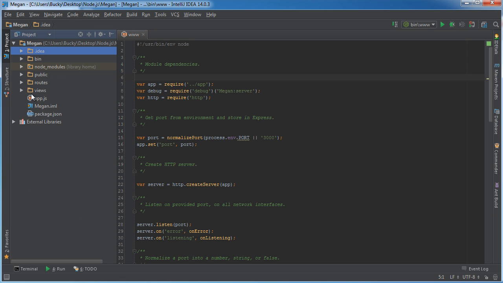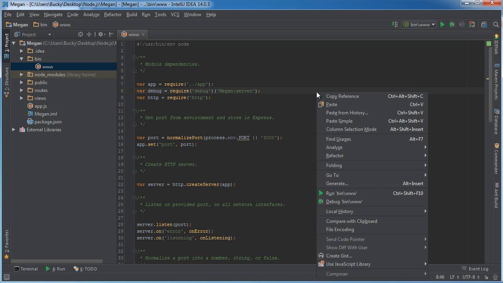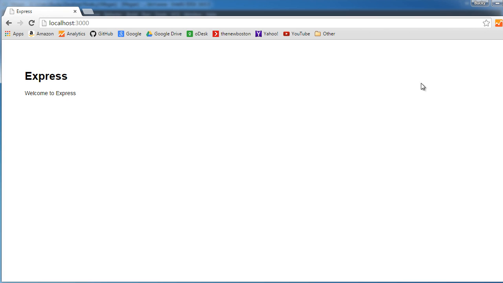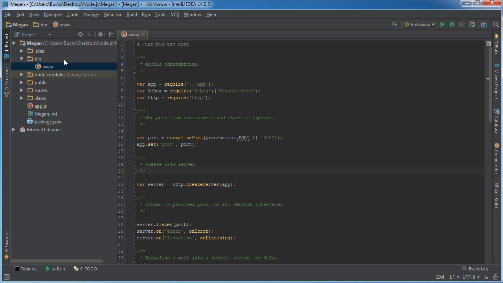Nothing new, don't touch anything in there. That's just for your piece of software, your IDE. Bin, as you can see, there's one file in here, and this is the one where we had to right click and run to get our project up and running. And if you guys are like, I thought you said that app.js was usually the main file, like the main starting point. Well,